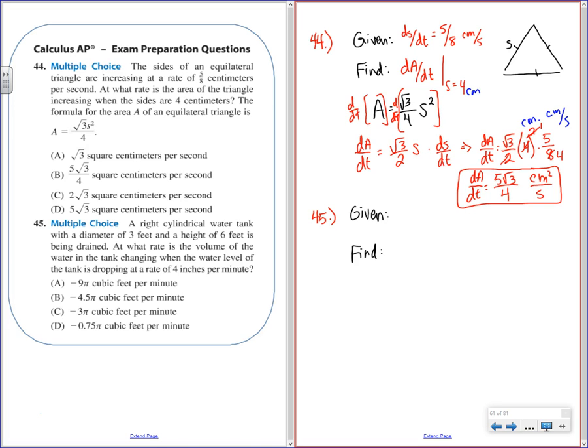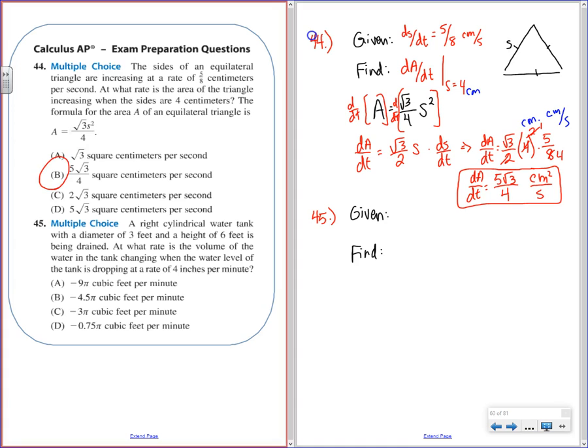Alright guys, let's go ahead and make the conversations whispers as people ask questions. Sarah, go. So was there a way to do it without doing quotient rule? The way that I did it without the quotient rule is I rewrote this to be root 3 over 4 times s squared. I did power rule. Quotient rule would have said bottom times derivative of top, which would have been 4 times the 2 root 3 s,